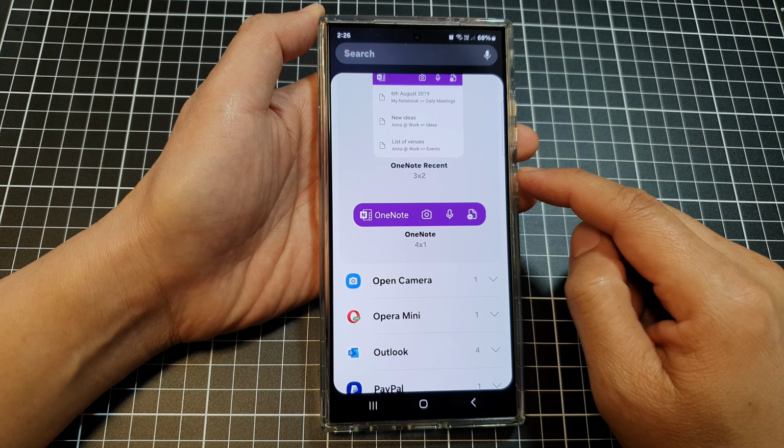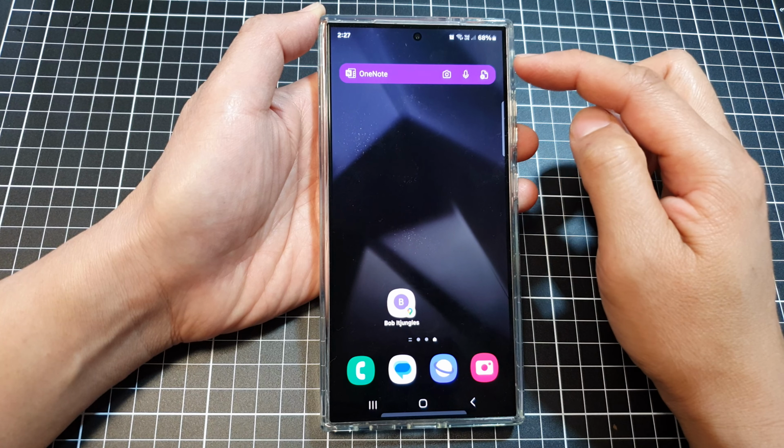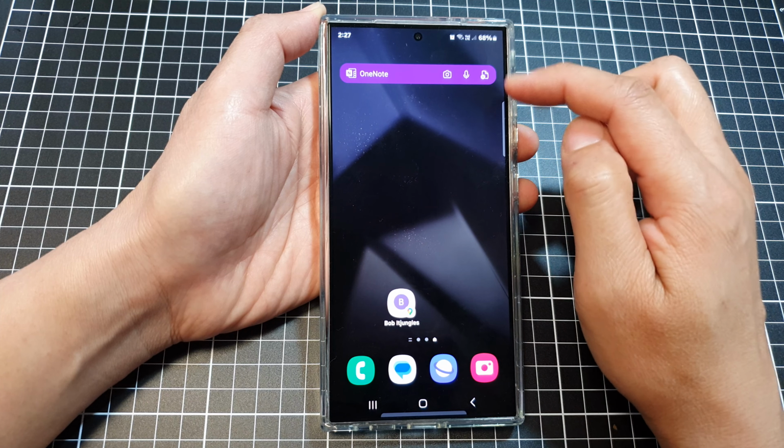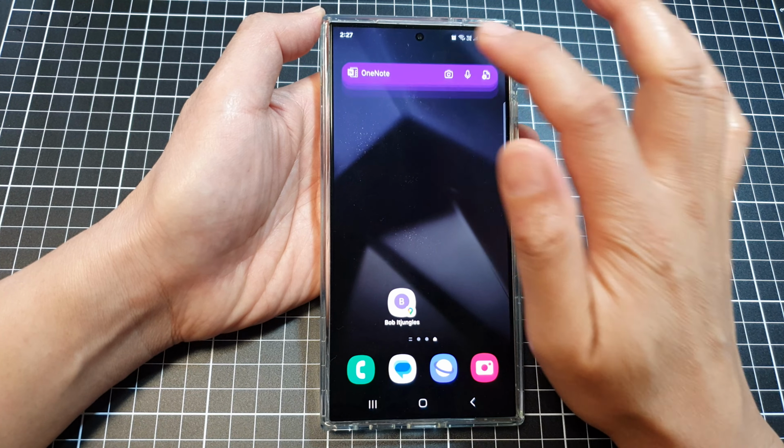After that, touch and hold on the OneNote Toolbar Widget, and then drag it to your home screen and let go. That's it. Now if you want to delete them, you can touch and hold and then tap on remove to delete them. Once the toolbar is already on your home screen, you can quickly take a picture by tapping